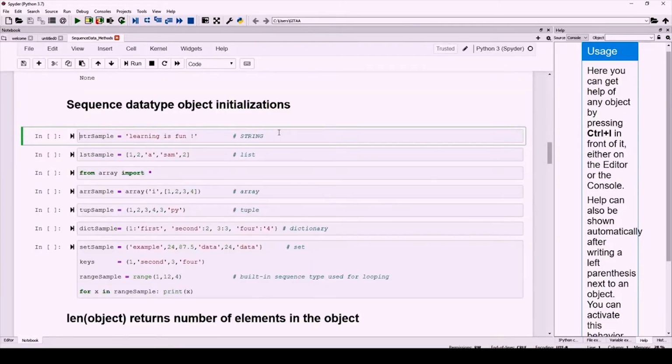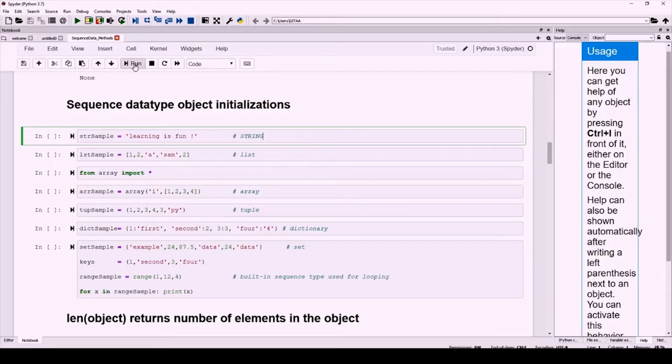We will be using some of the methods that can be explicitly called on a given sequential data, and we are also going to look at some of the methods that are common across some of the sequential data. In that case, I need to create those sequential data in order to perform some methods on them. We've already seen how to create string, list, tuples, sets, dictionary and range in the previous videos. I'm just going to pull out the same examples to execute so that I can perform some of the methods on them.